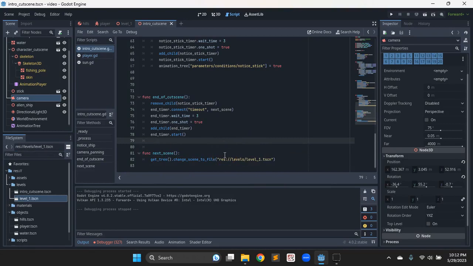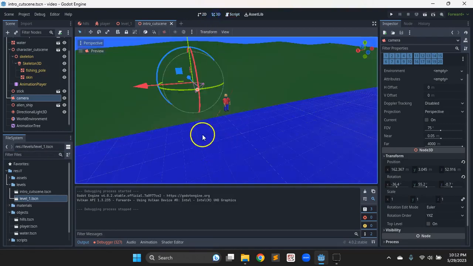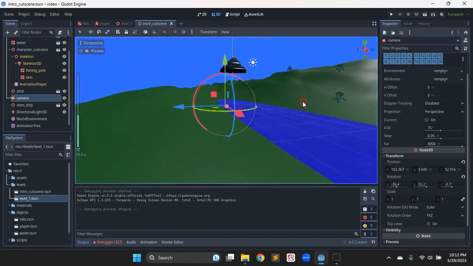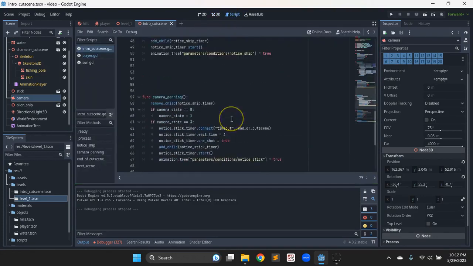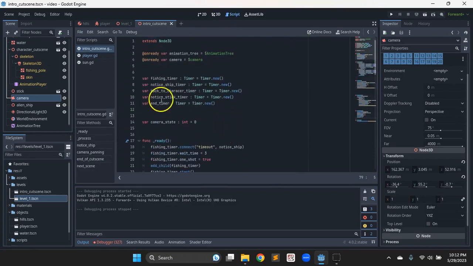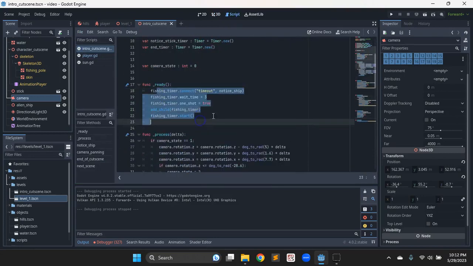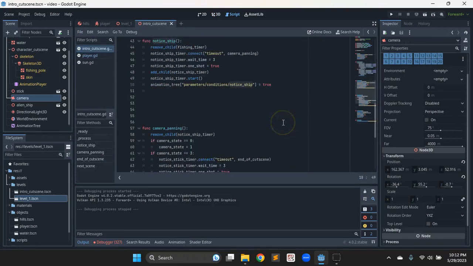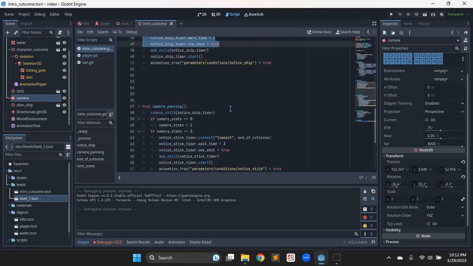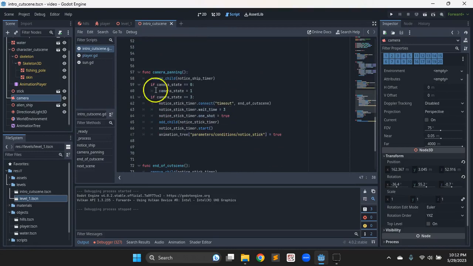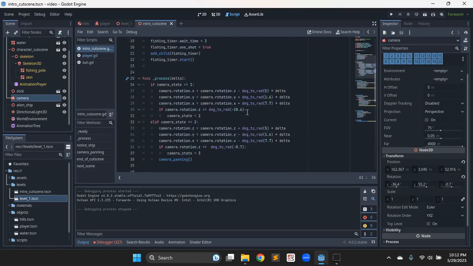So let's recap all that. We set all our objects up, kind of mimic the scene, where they're going to be. The animations are built into the model, except for the camera panning. So we went over to the script and set up a bunch of timers. The first timer, he's standing there fishing. Then he notices the ship. When that runs, it removes that timer and goes to the camera panning one. And when that happens, the camera state starts changing, which is a frame by frame thing. It slowly pans up, then